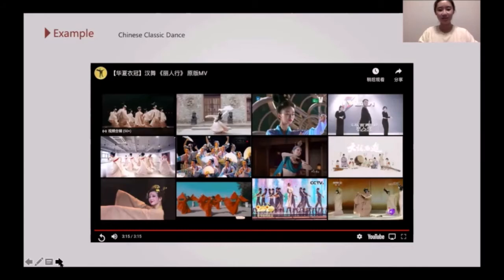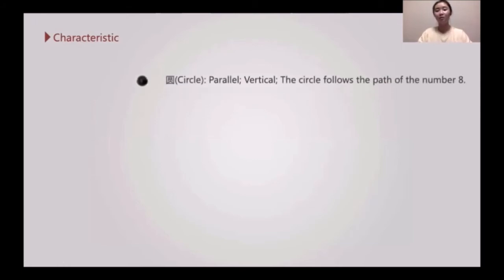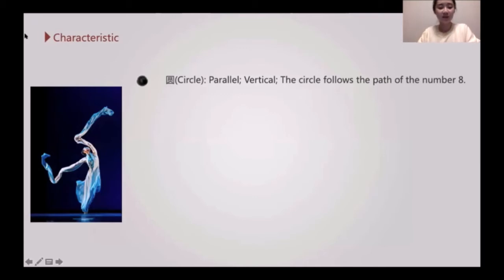So after showing the example for everybody, I would like to talk about the characteristics of Chinese classical dance in four parts. Here I provide a picture on the left, and you can find some details of what I want to talk about next. It divides into four parts for the characteristics. The first one is circle. It's not a real circle. It's the way dancers move by using their body. So it has the parallel circle,